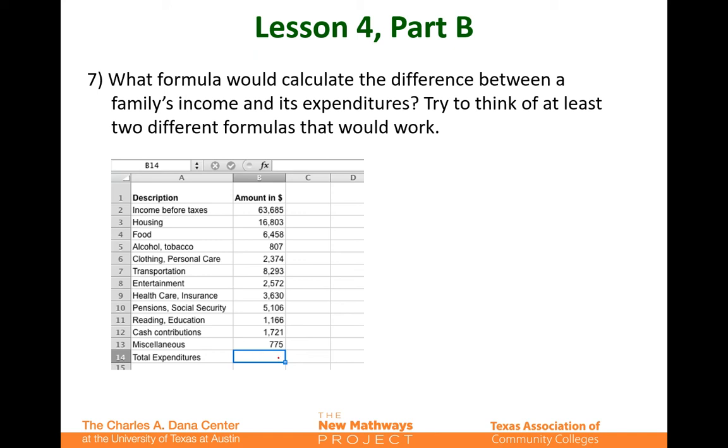Well, if we actually added all this up, in fact, the simplest formula, if you knew the total here, let me get my calculator. 16,803 plus 6458 plus 807 plus 2374 plus 8293 plus 2572 plus 3630 plus 5106 plus 1166 plus 1721 plus 775. That came out to be, when I did it,